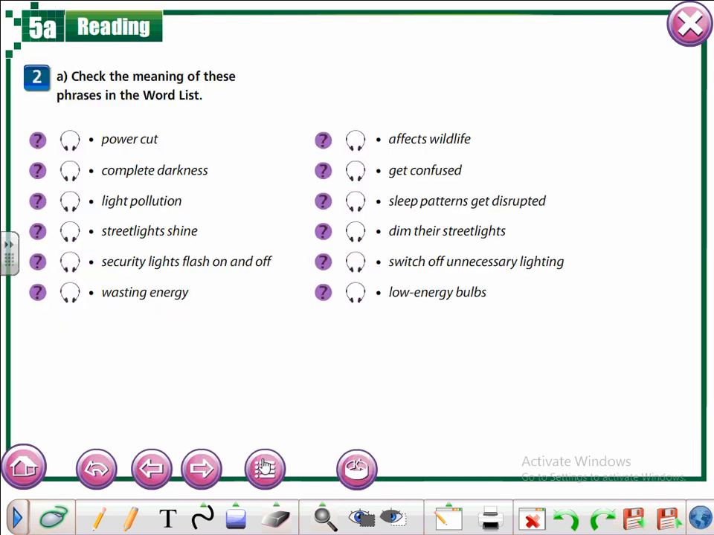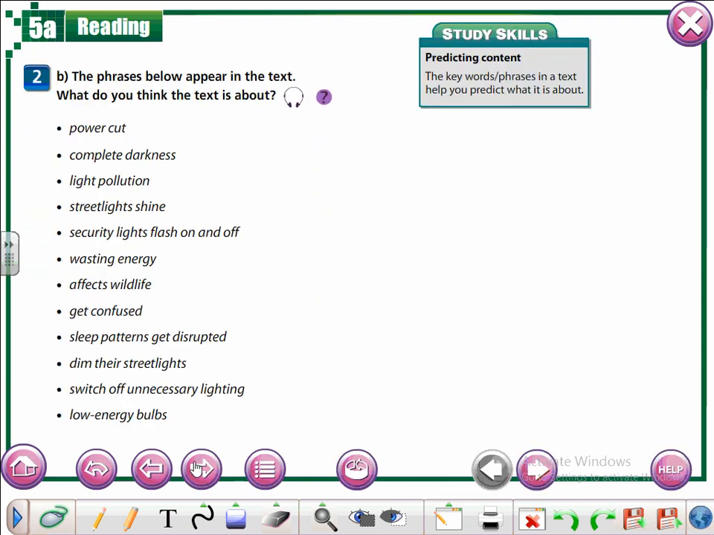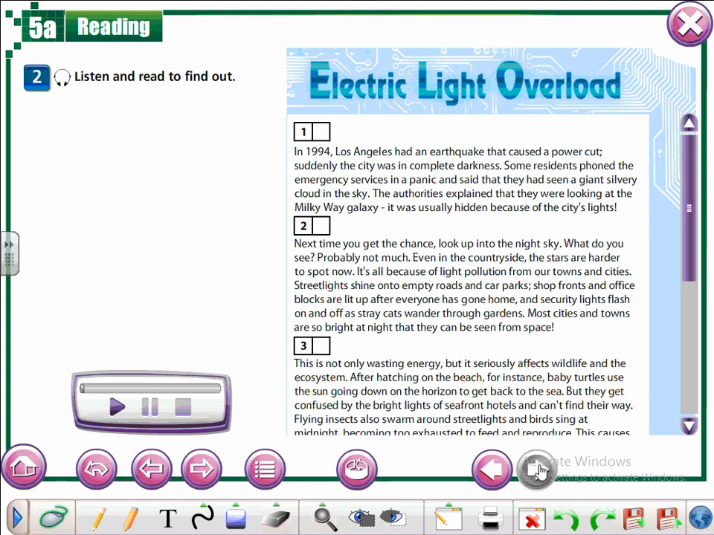So now we're done with the words here. So it will be easier for you to go through the text and try to read it with me. We're gonna listen and read to find out. So I'm gonna read it to you. Great. In 1944,